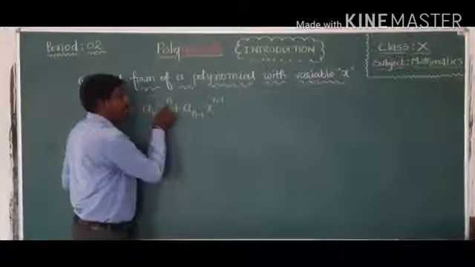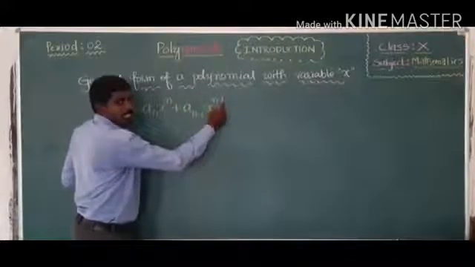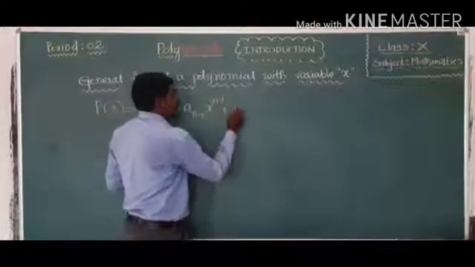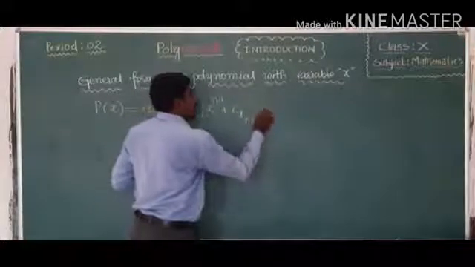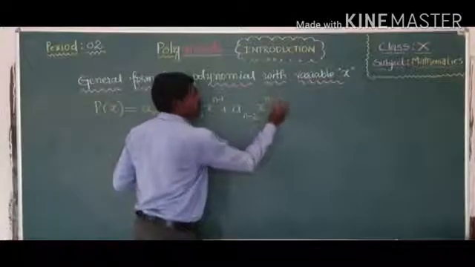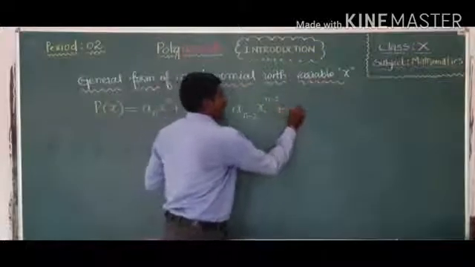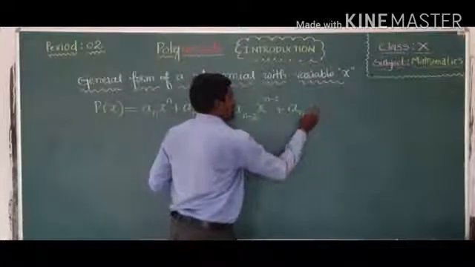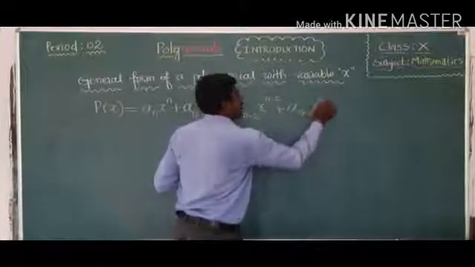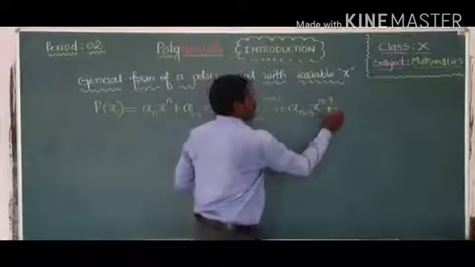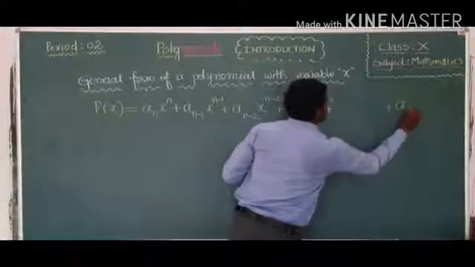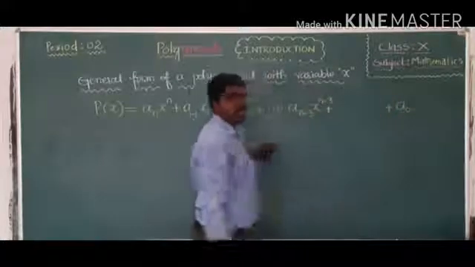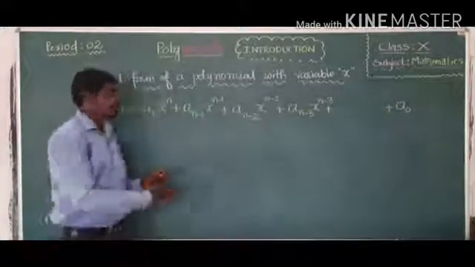First the power is n, then we decrease by 1 each time: plus a n minus 2 x to the power of n minus 2, plus a n minus 3 x to the power of n minus 3, and so on. The last term is plus a 0, the constant, where